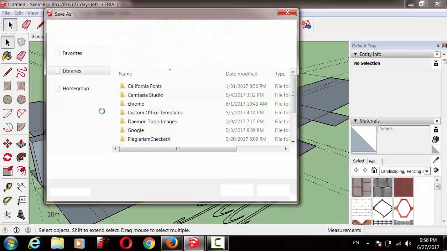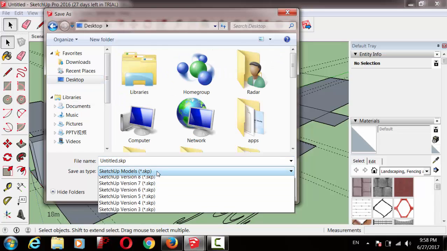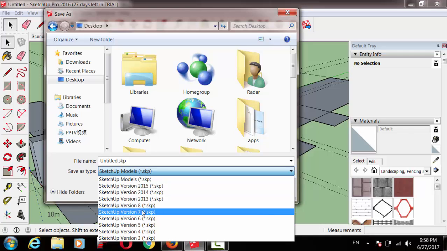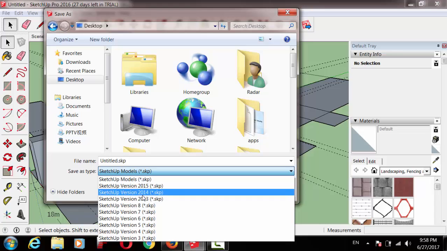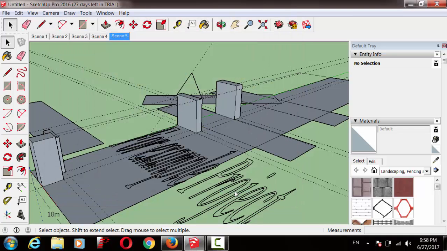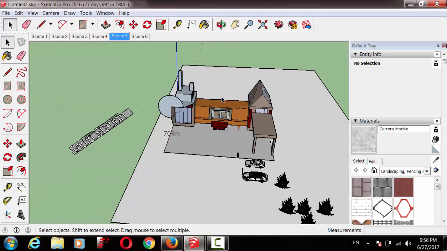You can see, you can use the old version you want. After that, change the name, click save. You can see in here